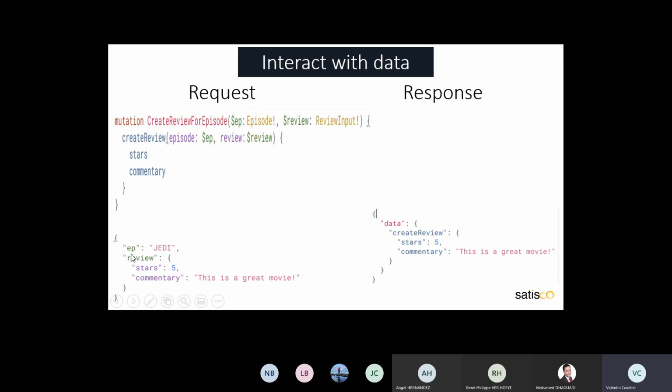So we have the episode Jedi, the review with stars 5 and commentary, it's a great movie. And the response is exactly, in this case, the review. We can imagine also returning the complete episode with all reviews. So you can receive as you want, just create the correct architecture in the structure of the request. So here you receive only the newly created review, as you can see on the left.